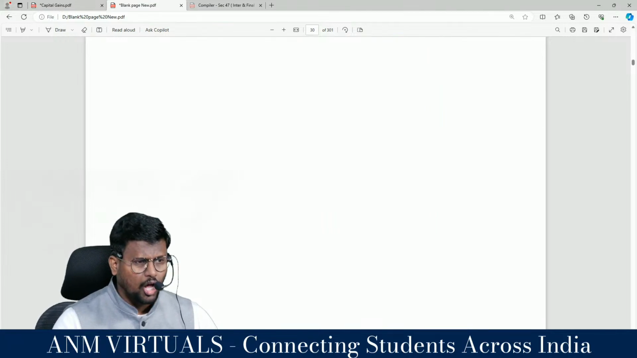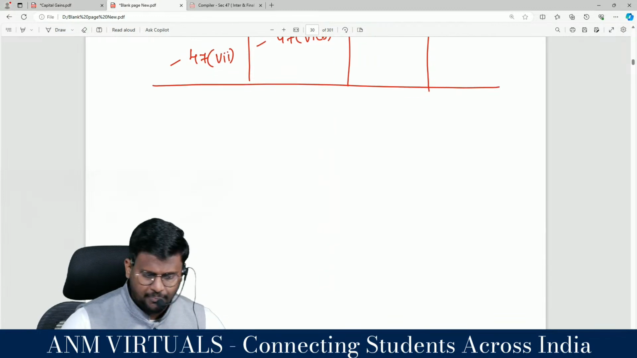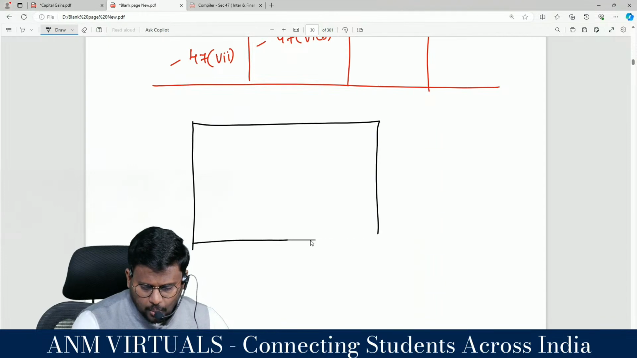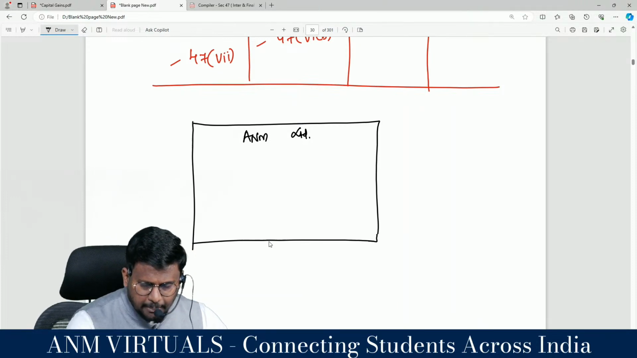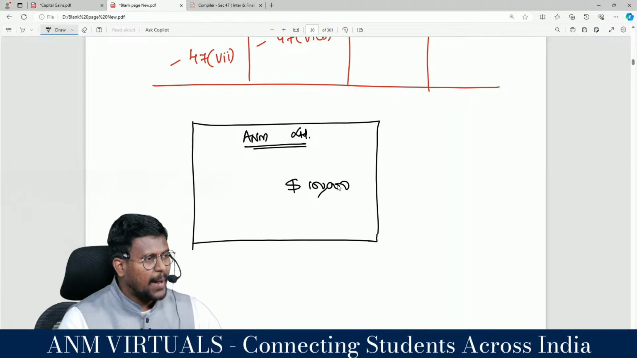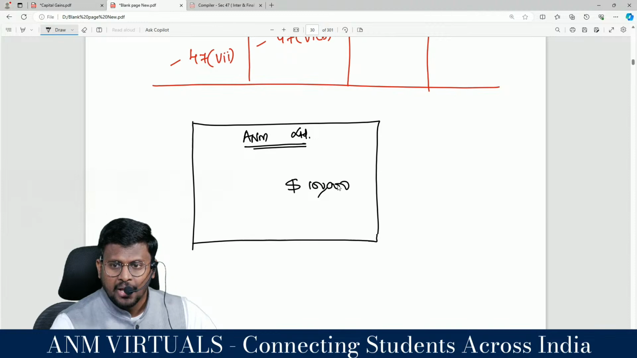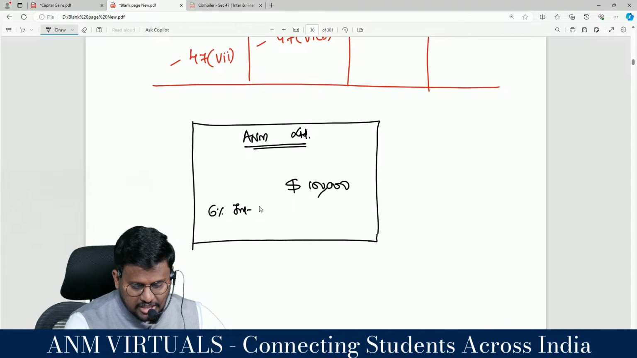For example, if you are a non-resident and you want to invest $1,00,000 in A&M Limited, I will give a certificate like this: A&M Limited, dollar amount in lakhs. It is happy to inform you that you have invested $1 lakh in A&M Limited, and A&M Limited is interested